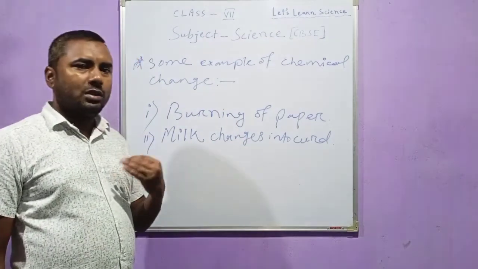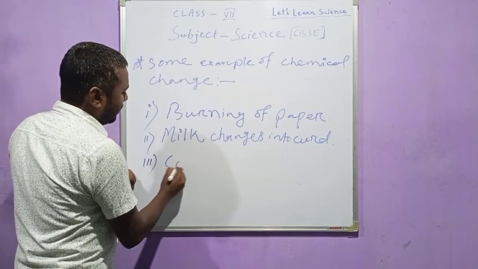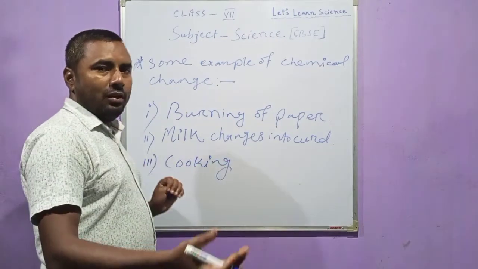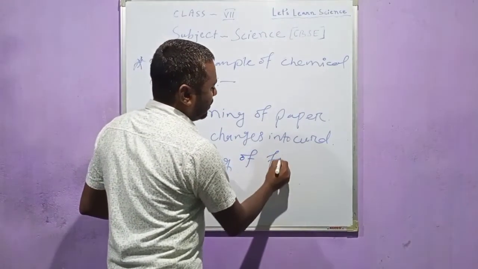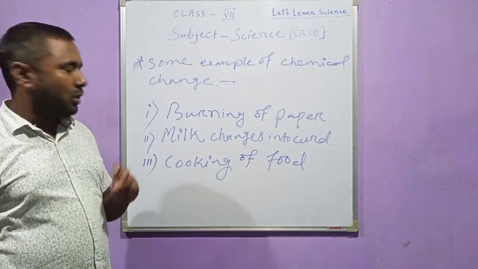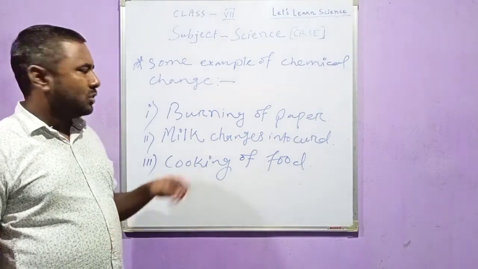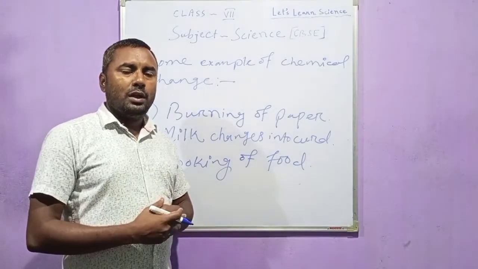You cannot reverse the change. Then cooking of food: when you cook the food, is it possible to bring back the raw food? No. So cooking of food is also an example of a chemical change. Like this, many more examples are given in your book, and often it is asked in